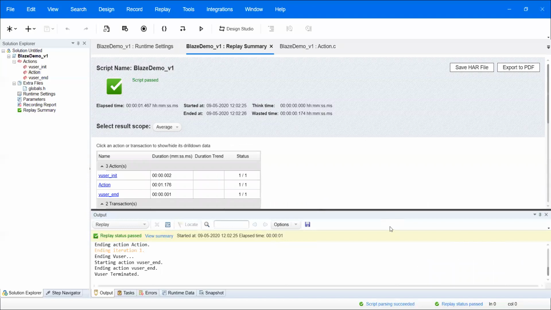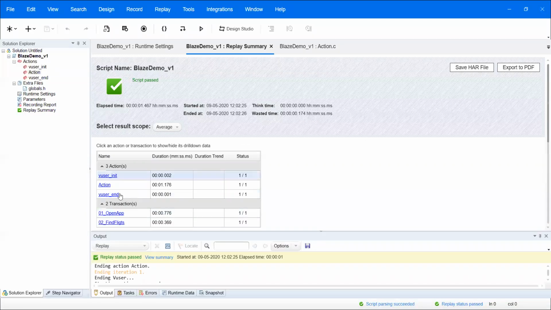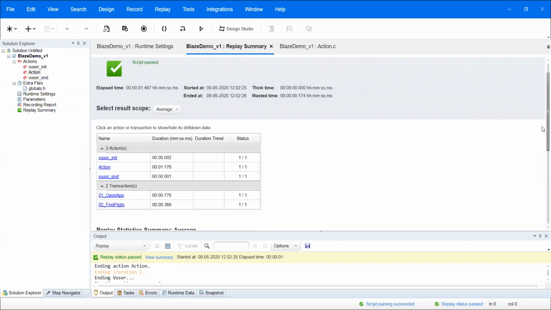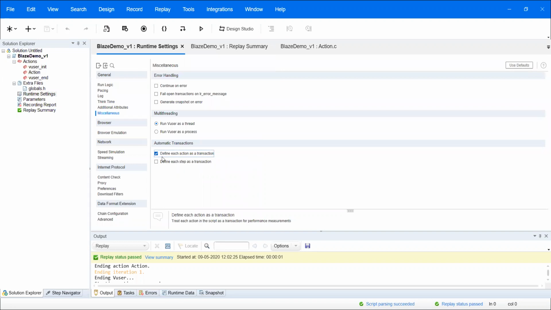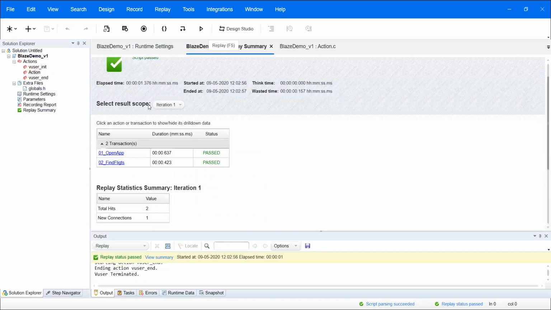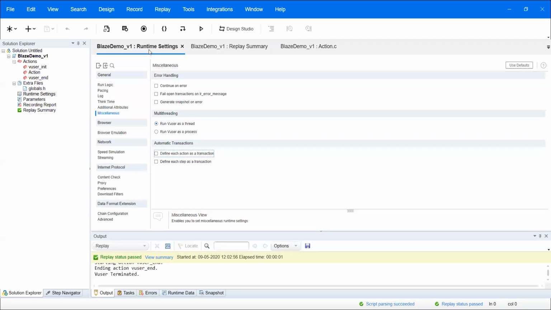Transaction count, in the sense of the number of transactions. Now if you see there, your user init action, everything is there. But what I mean is, it is mentioned: define each iteration as a transaction. So whenever you execute, if the script has 2 transactions, it will add 1 extra transaction also. To avoid this, you just need to unselect that option. Now whenever you execute, it will not add the extra transactions. There you can see only the 2 transactions coming. Okay, so this is point number 3 which we need to remember.